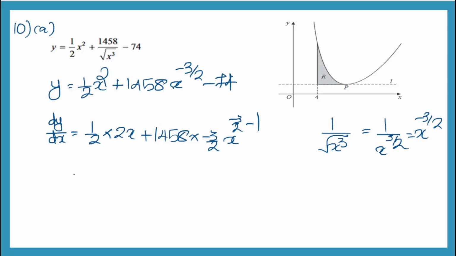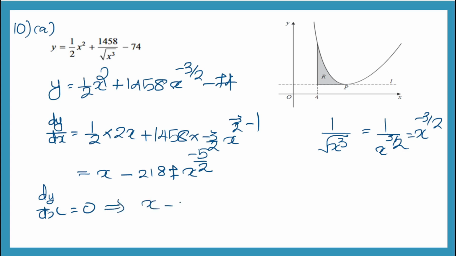Now let us do the simplifications. That equals x minus 2187 x to the power minus 5 by 2. Now dy by dx equals 0 implies x minus 2187 x to the power minus 5 by 2 equals 0. Now x equals 2187 x to the power minus 5 by 2,